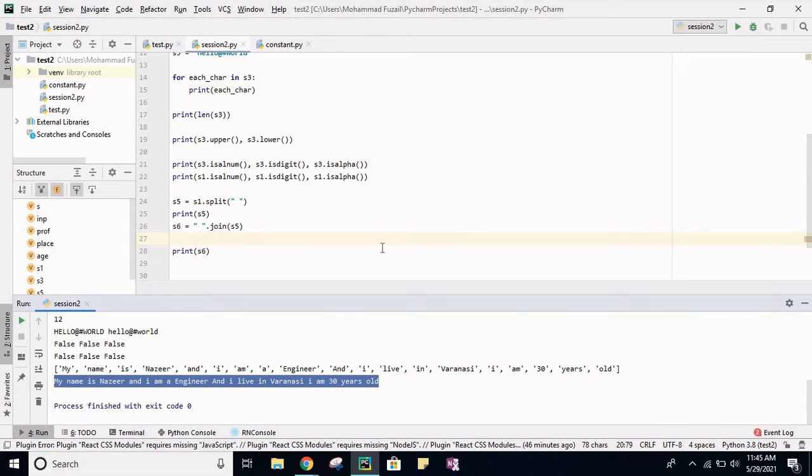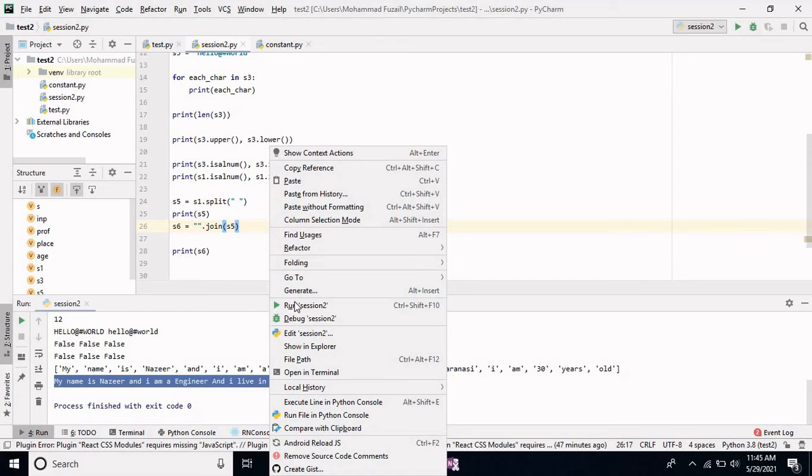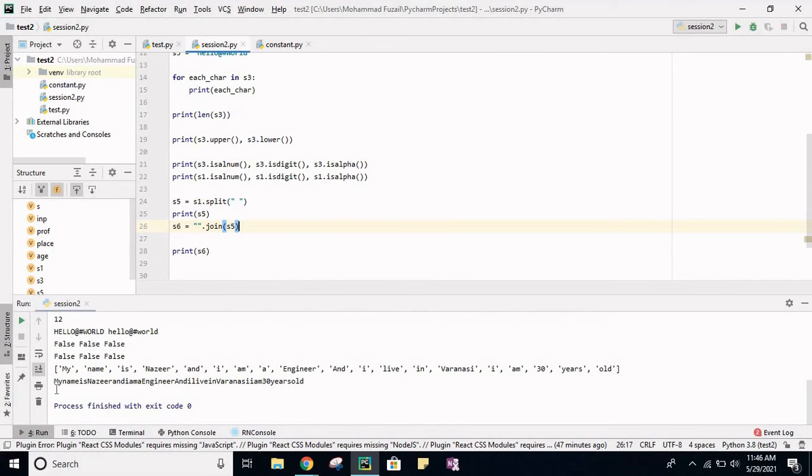But if you want to remove the space, and you want all of them joined without space, before the join function you pass the character or value with which you want to join all those elements. Since I have passed the space, it has joined all those elements with a space. If I don't pass a space, it will join all together. See, this complete list got joined with each other without any space, all together. You are getting the idea of join, right?